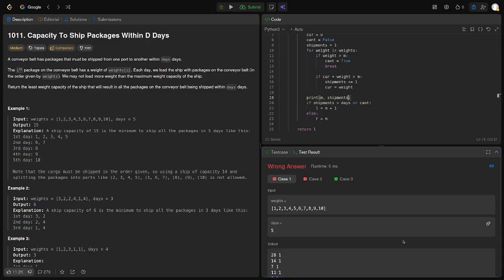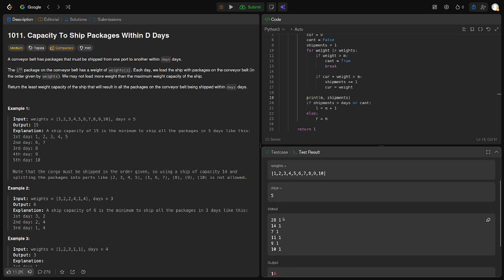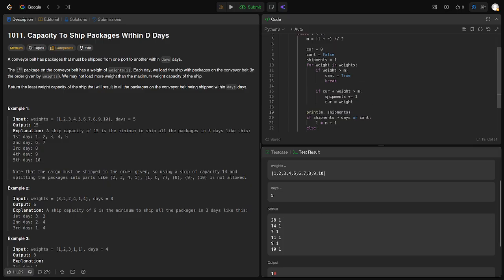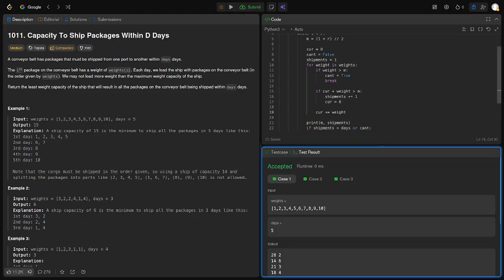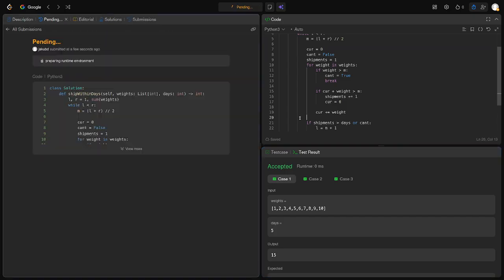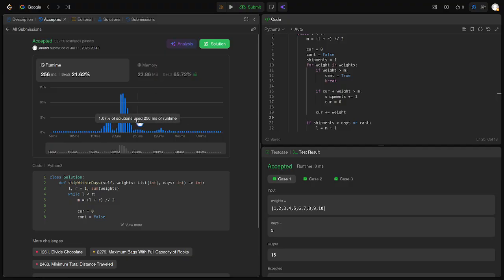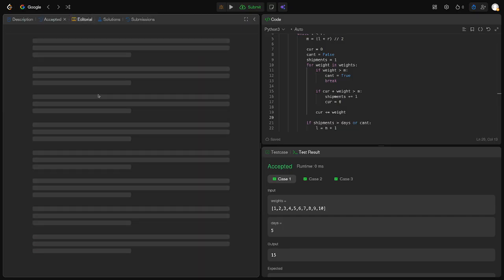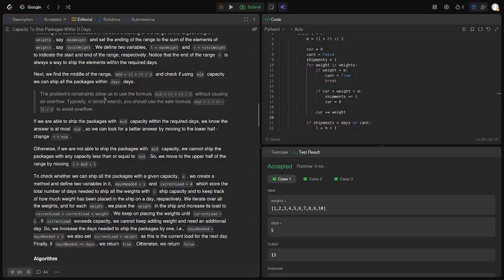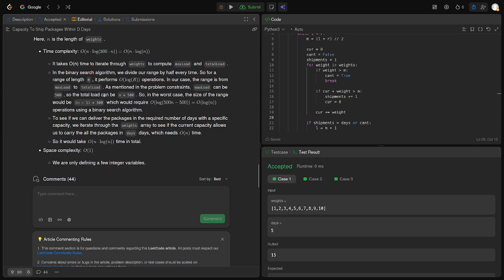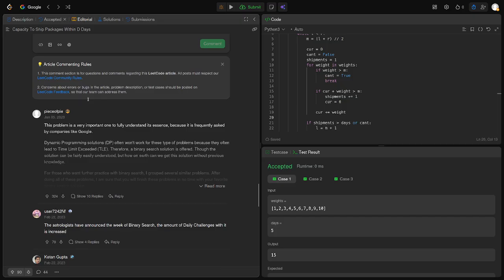Not sure you can really do that, to be honest. Yeah, I'm not adding the weight here. Okay, that works. I was surprised because I thought the logic was bulletproof. Okay, should pass. We are at the lower end, so it might not be optimal. Binary search, okay, fair enough.